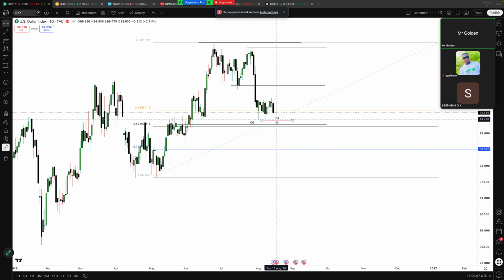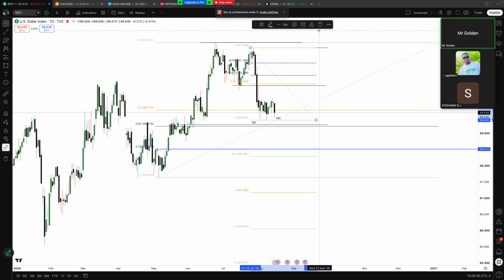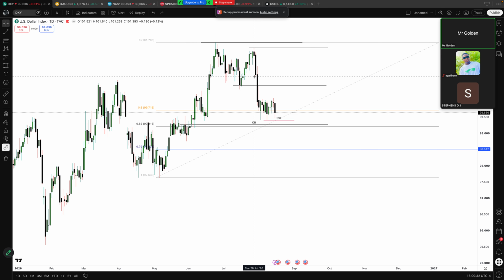Then ultimately I will get to see the low I will use to identify, because look at something here. This is not just right for us to draw this range here. It's not just right at all. You can see all of this, where the mitigation is and all of that. So what I'm trying to say is that this fair value gap here is where I want to see price come to